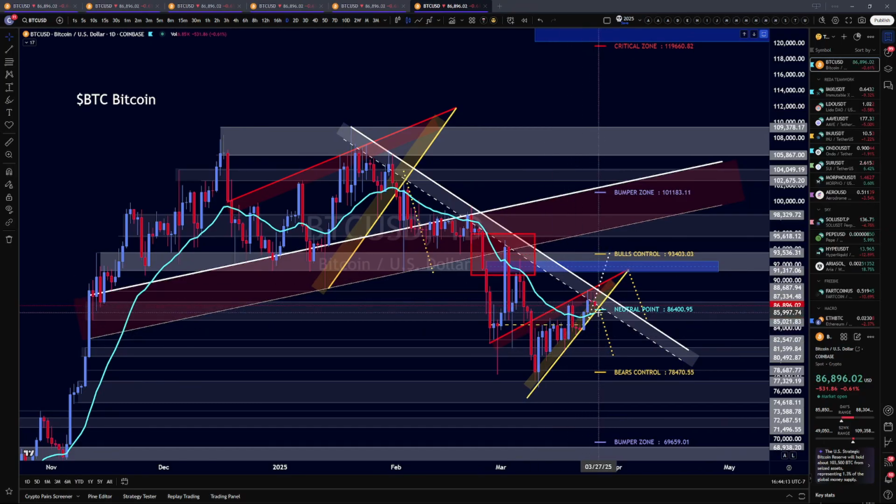where if we do lose the bottom of that wedge, somewhere around under that 86,400 now, of course, this is a rising line. So yesterday it was 86,300, but anything underneath that general area is probably going to result in a breakdown that, even if there is a little bit of a wobble in price underneath there, would likely continue down to that 81 to, let's just say, a 78K area, depending on how bearish the sentiment is at